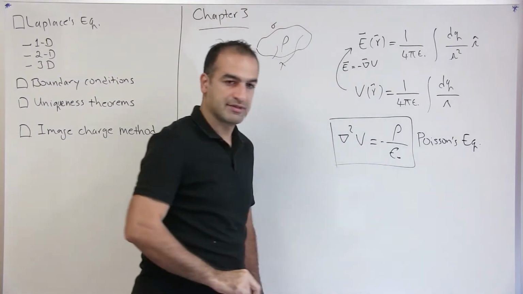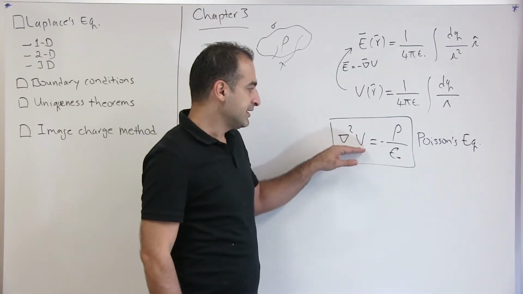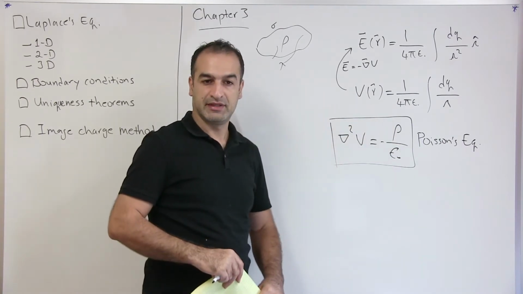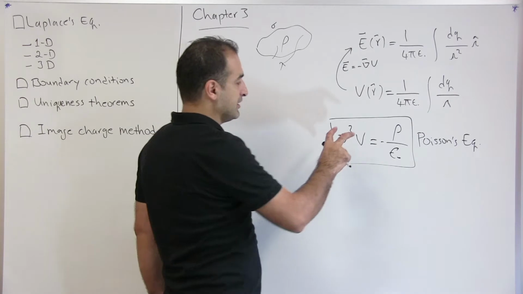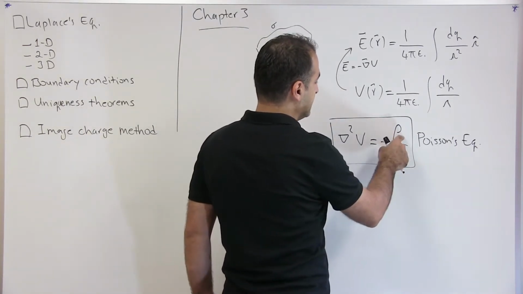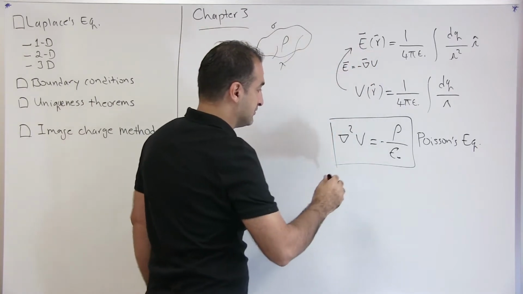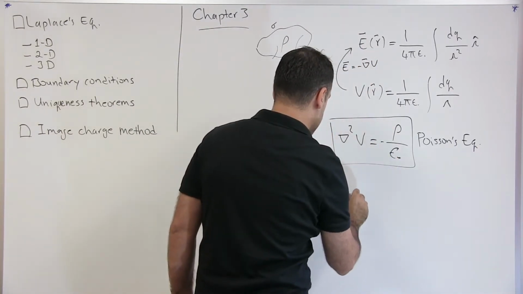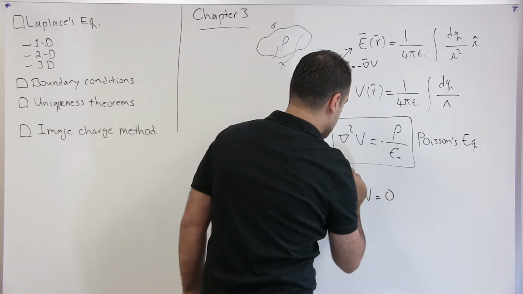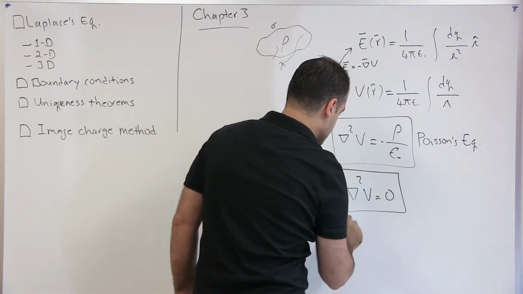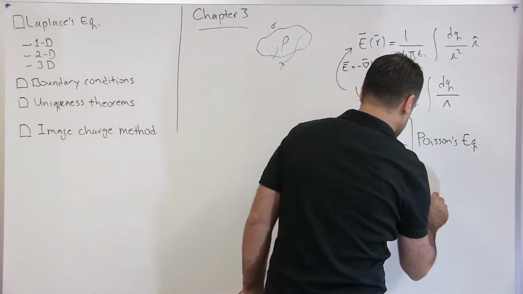Okay, this is Poisson's equation, and it relates the Laplacian of the potential to the charge density. As I said earlier, a lot of times we are interested in potential, but not exactly at the positions where we have charge distribution. We are away from the charge distribution, so rho becomes 0. Then the differential equation that we need to solve is that the Laplacian of the potential is 0, and this is